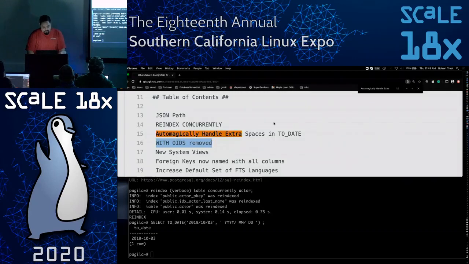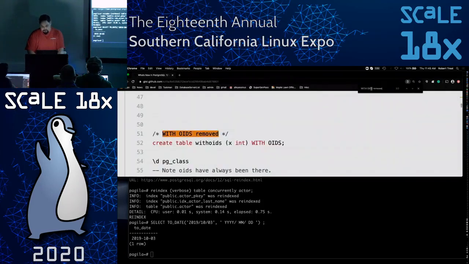All right, another thing, with OIDs removed. How many people have ever dealt with OIDs? Not too many, that's good, a few in the back. So with OIDs removed, there we go. I'm going to make a new table called with_oids. So OIDs were kind of this secret thing. I don't know, secret maybe isn't quite the right word, but they were these secret columns that were used in